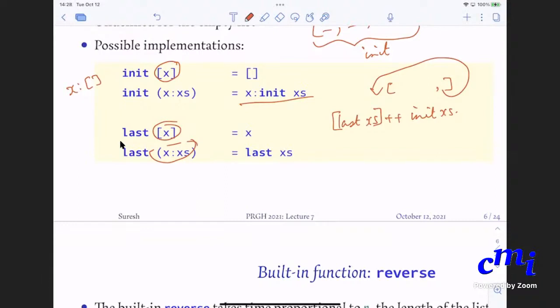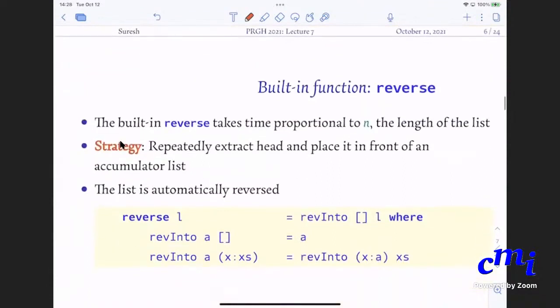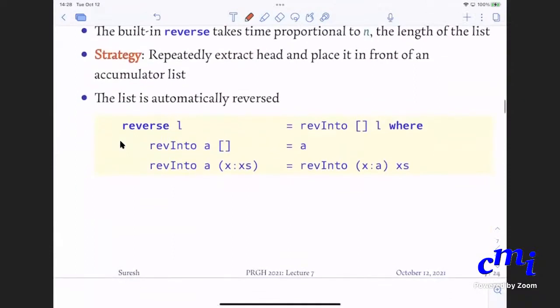Yes, sir. Okay, so now this is something that we saw already, reversing numbers, but let us look at reversing a list. Reverse is a built-in function and it is defined as follows. If you want to reverse a list L, one way would be to go to the last element, pick it up and put it in front. Okay, so this is precisely where you will use